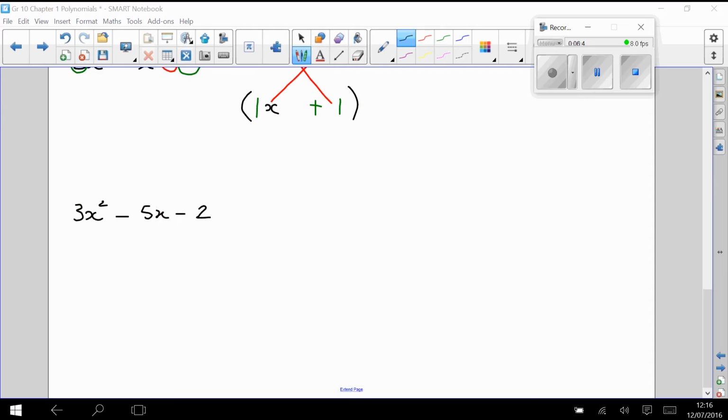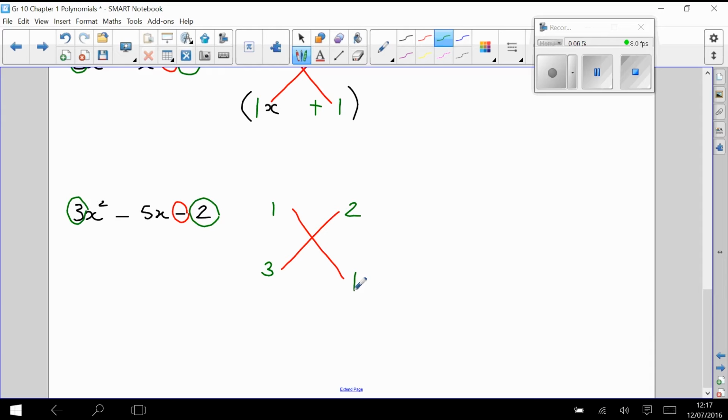And lastly, once again, I must do a minus trinomial. And so filling in the values on my cross, 1 times 3 is 3, and 1 times 2 is 2. But if I write 2 times 1 and I minus these numbers, I get 6 minus 1, which is 5. Not only wanting 5, but minus 5, I must write minus 6 plus 1. And once again, filling in my x's and filling in my brackets, I have now fully factorized all of the